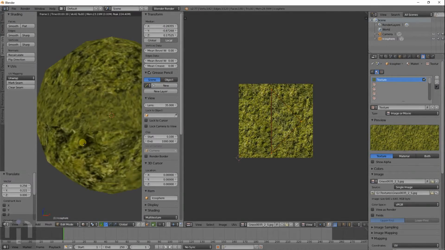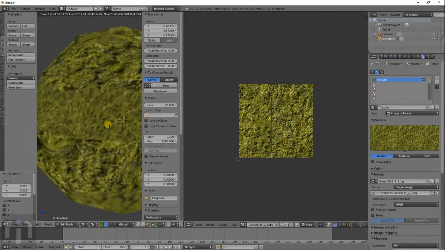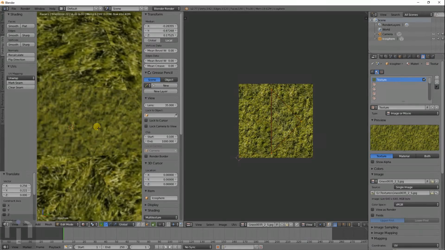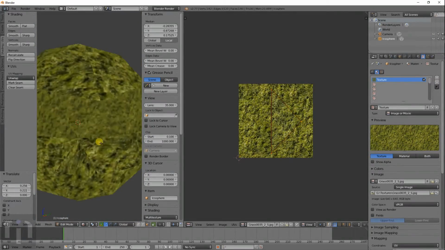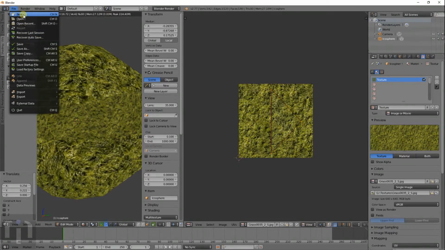So if we go into edit mode, all the ones that I unwrapped, that's the individual ones, and it kind of looks better actually. So you can do that for like the whole object. And let's go ahead and